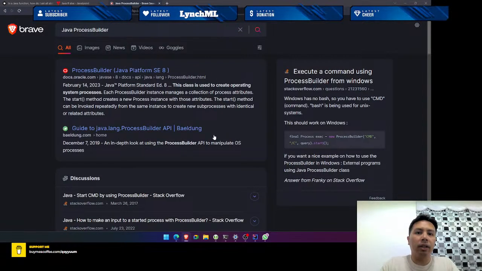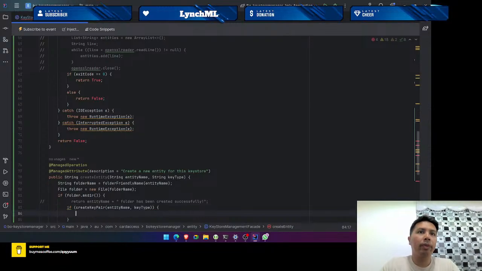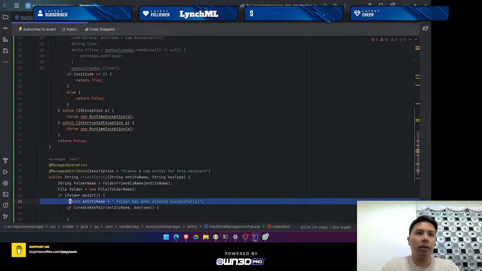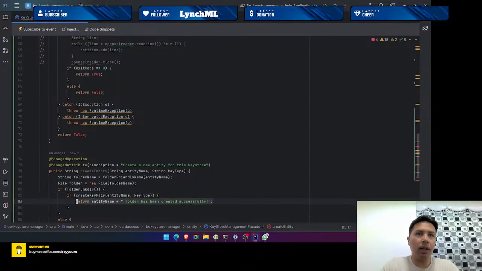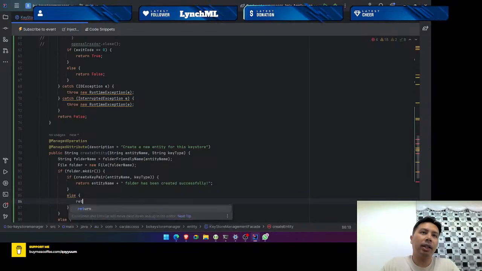Okay, so I think what I need is create entity name, create entity, string key type, and then that gets passed into here. Type. Okay. If that is true, then yeah, so this one cut and paste and yep. And then I'll do nesting. Yeah, this kind of looks ugly, but